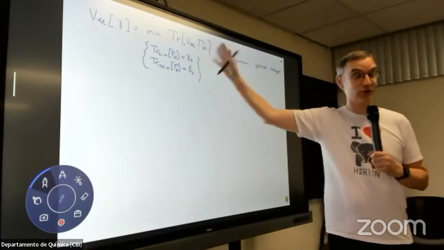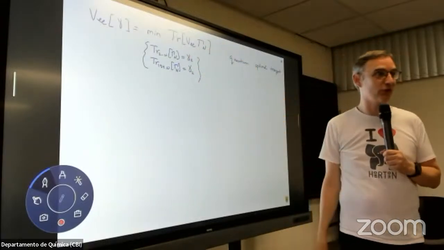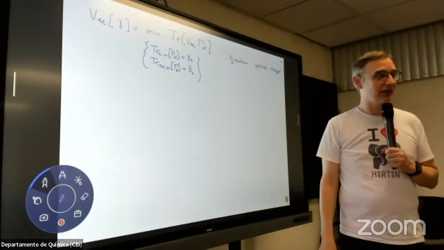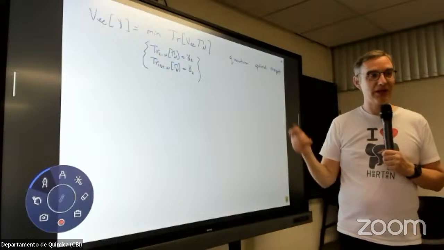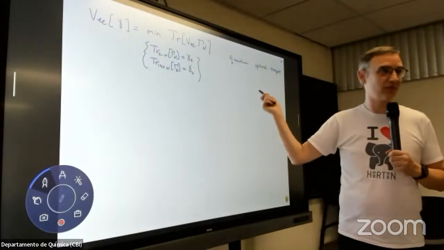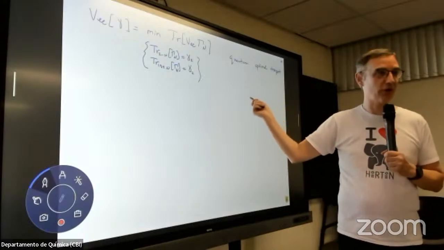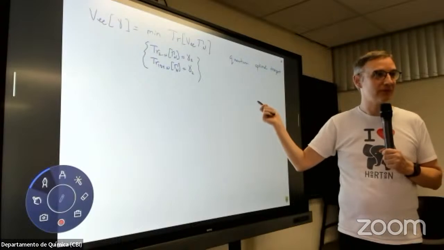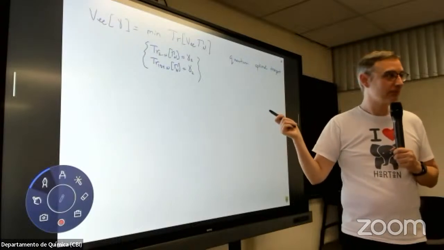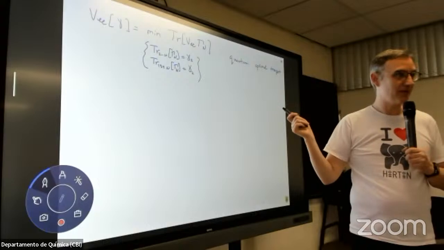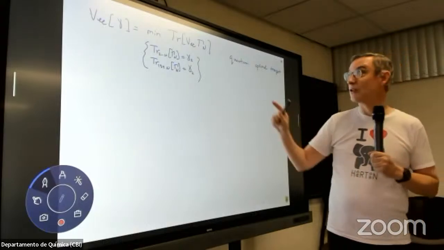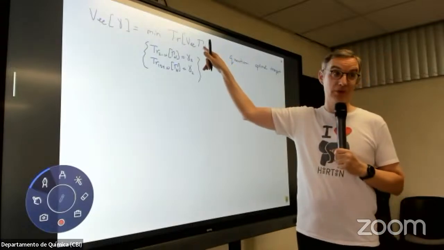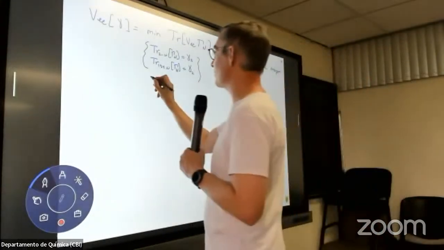This is nothing but the Valone functional, but it's just to say that, with the benefit of more modern mathematics, we have a mathematical framework for this. Okay. Well, this is valid for ensemble, because